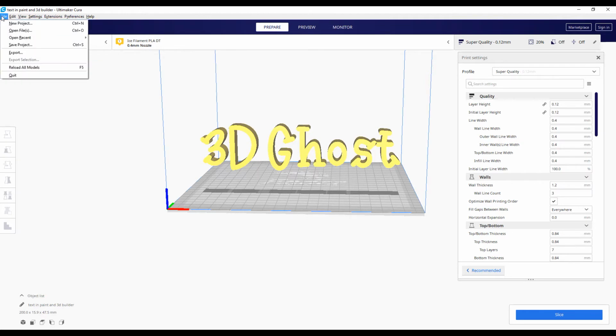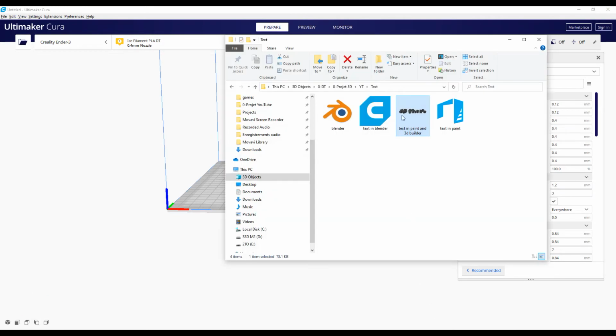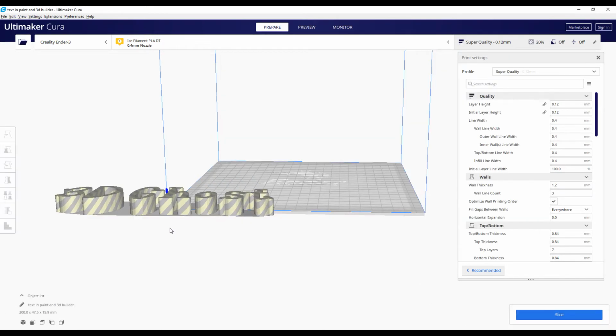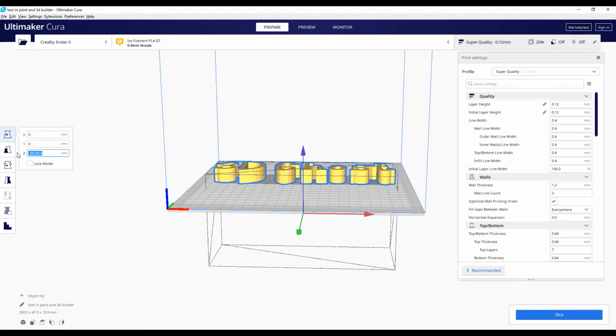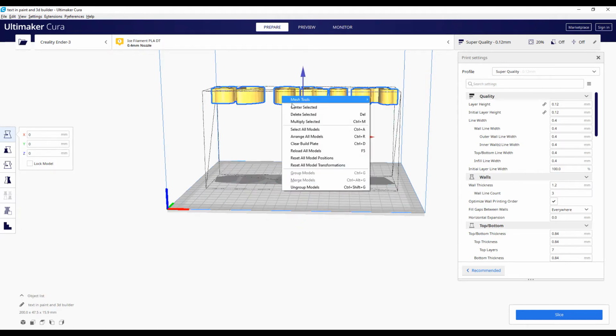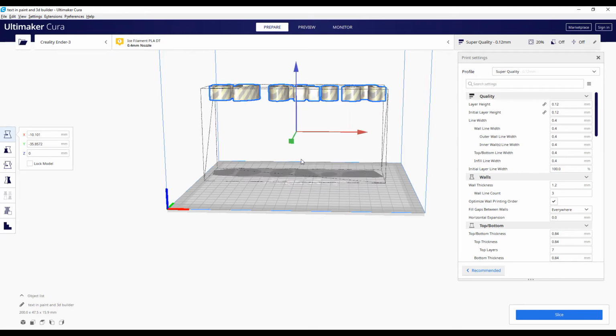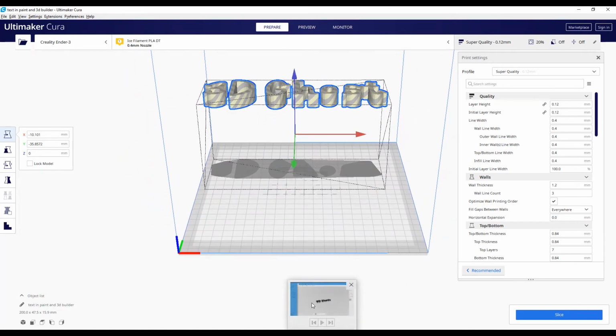We will create a new project. This will clear the build plate. Yes, of course. And now we will open it. As you can see, the positioning is quite better. So this time, maybe if I go to 0 everywhere... Not really good, so maybe we will reset all model positions. Okay, still not good. So what we will do in order to avoid all this complication,